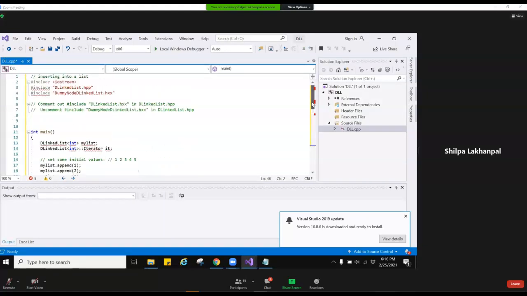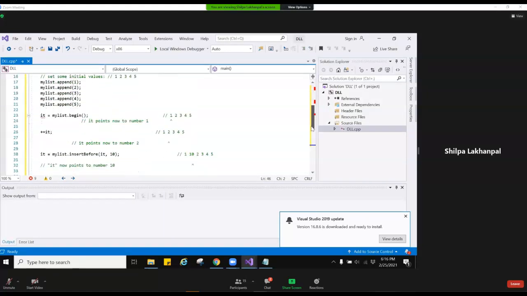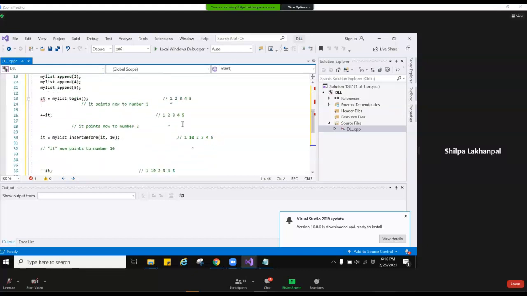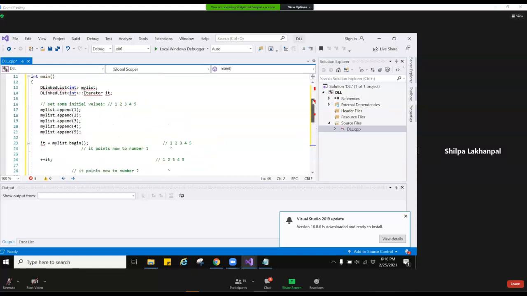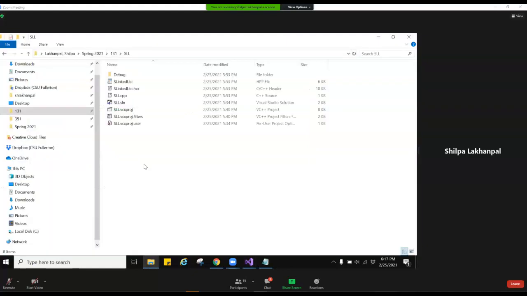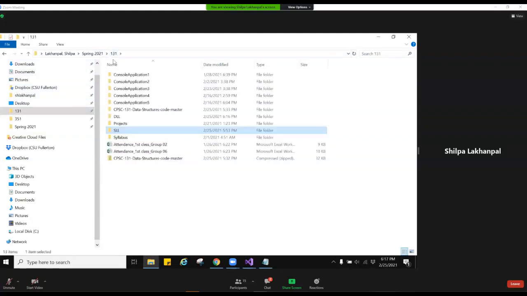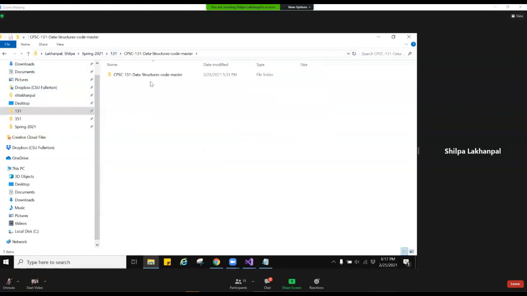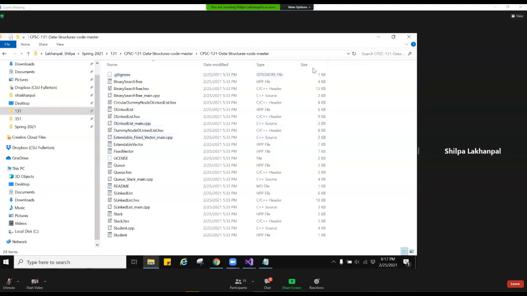So now basically we are trying to build the same list and using the same commands, like what we did over here. But the thing is that you have these error messages because you have to include the d-linked list HTTP and then the HXX. So in the GitHub code that we have downloaded, you can copy the d-linked list HTTP, and over here is what you see.